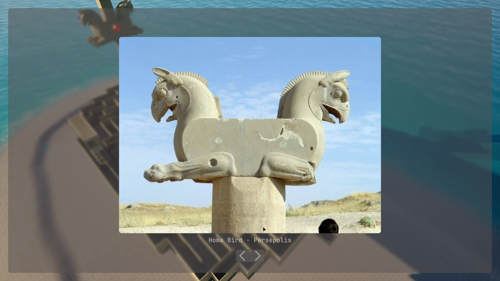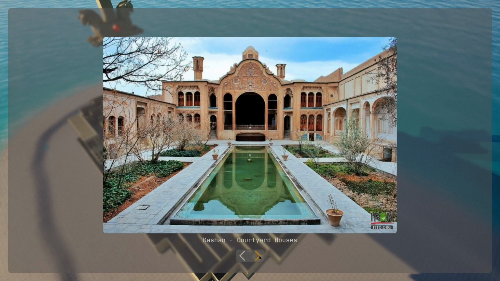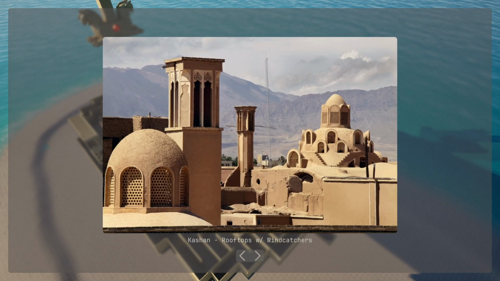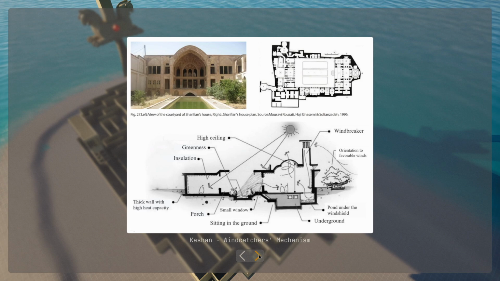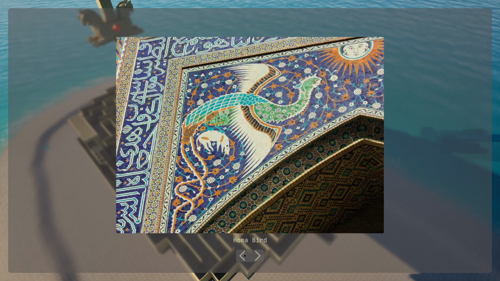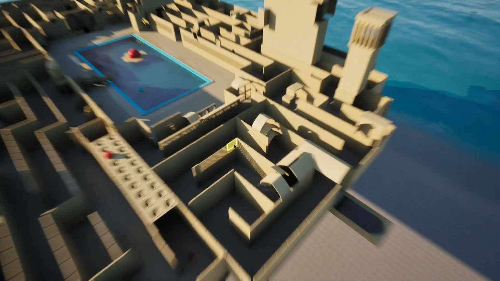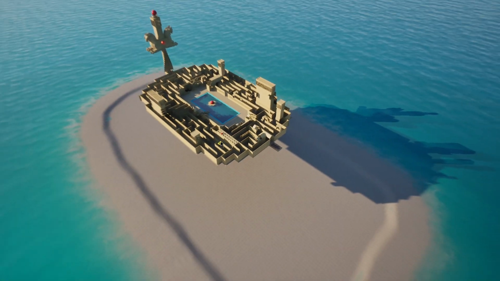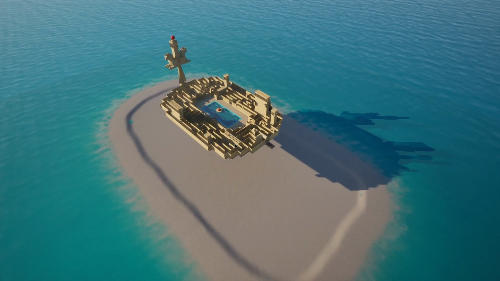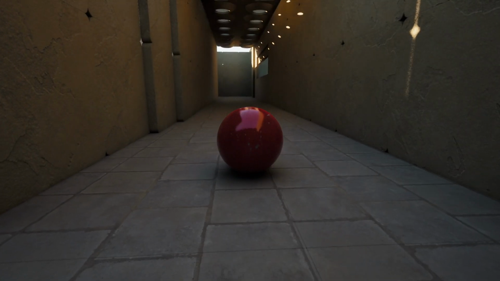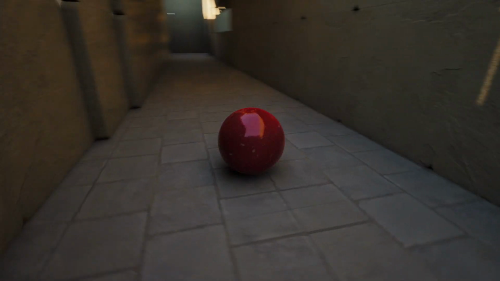It's also in the Persepolis, the courtyard houses in Kashan, the wind catchers. So yeah, this is now a model, and we are looking at it in the ocean canvas. And now if I take over one of my agents,